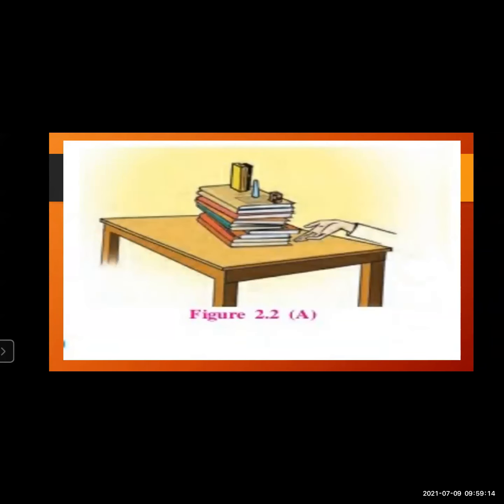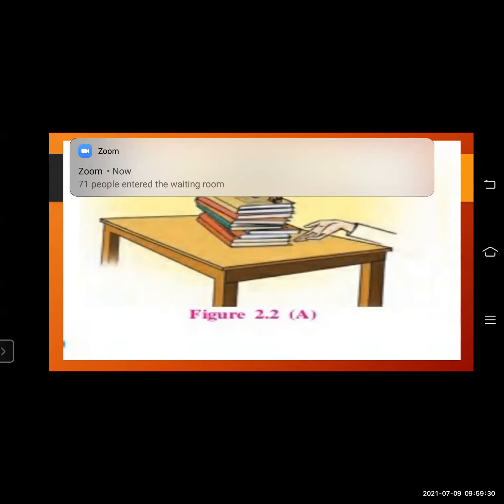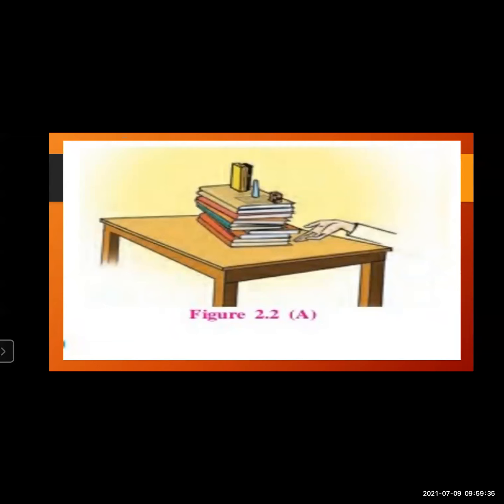Okay, now let's move to this particular slide. You can see here figure 2.2a, which is given on page number 9. Try this. These activities are actually related with your lesson. In what way are they related with your lesson? Let's see. Activity 2.2, page number 9. You can see here some notebooks are kept on the table. 3 to 4 objects such as chalk, duster, sharpener, eraser are kept. And now what you have to do is that